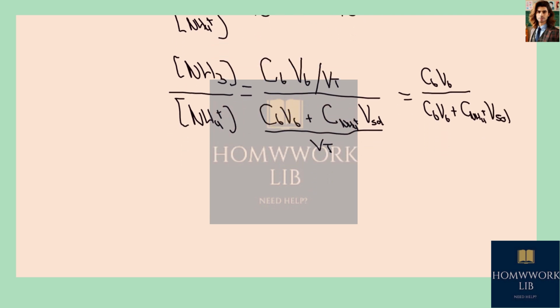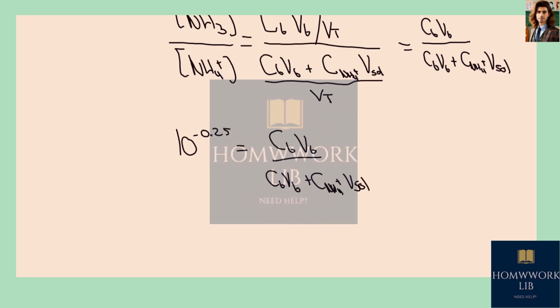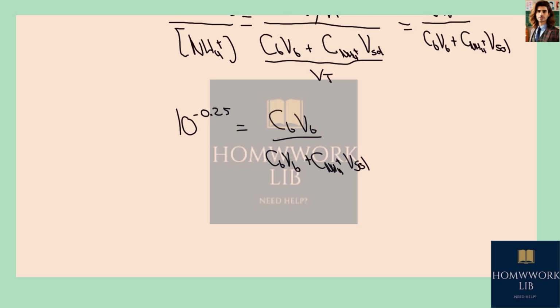This is now going to become an equation with 10 to the minus 0.25 on the left-hand side. And this is going to be concentration of the buffer times volume of the buffer, divided by concentration of the buffer times volume of the buffer, plus concentration of the solution times volume of the solution. So over here we can find an equation for both of them, and this is going to be a linear